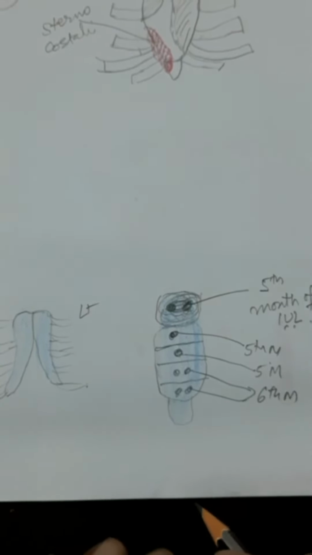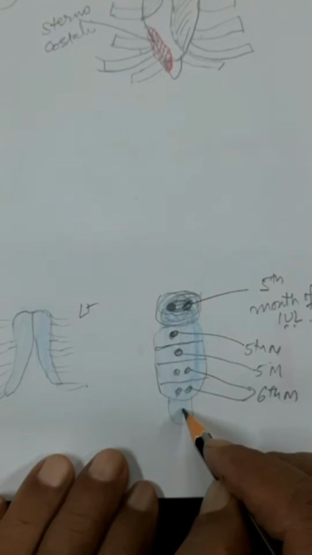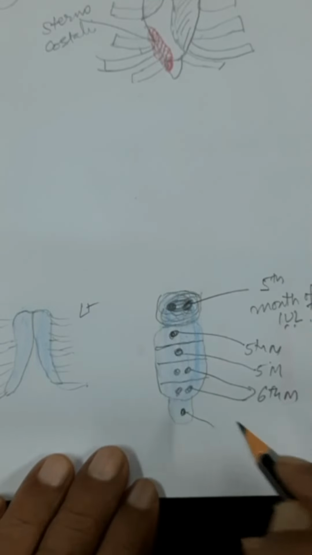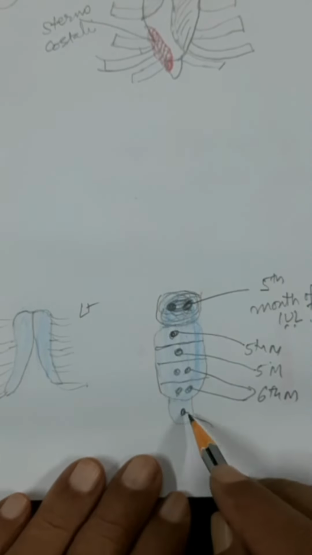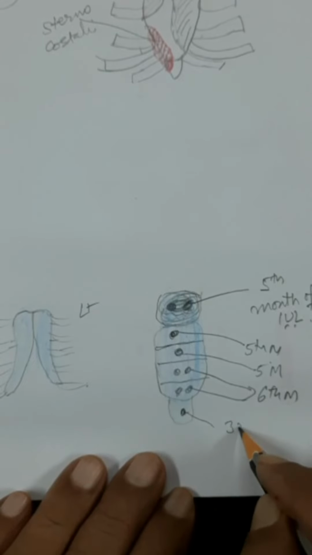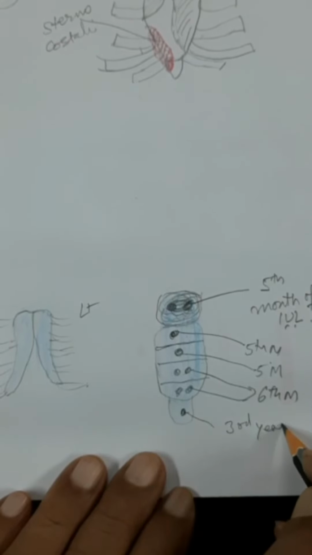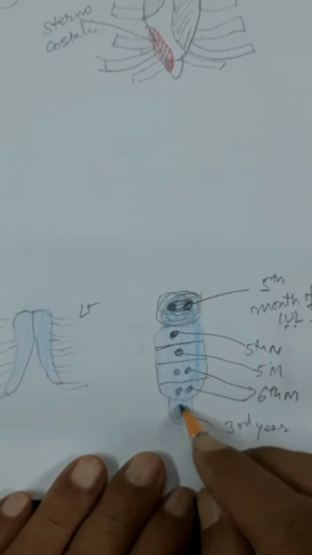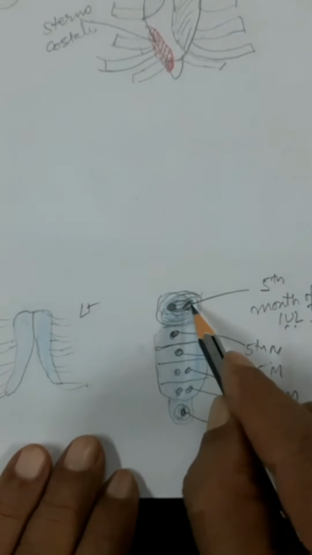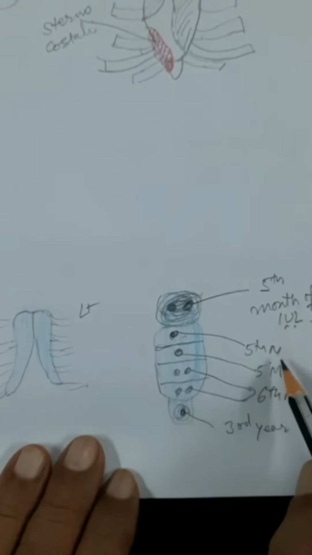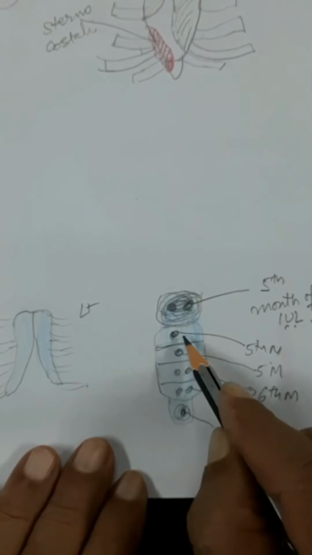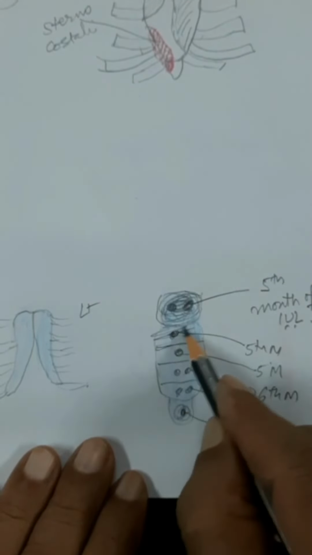They will appear in the 6th month. And for the xiphoid process, I have told you that it is cartilaginous till early childhood, and only in the 3rd year after birth will its ossification center appear. Okay. Now the centers of the 5th and the 6th month, which are for the body,